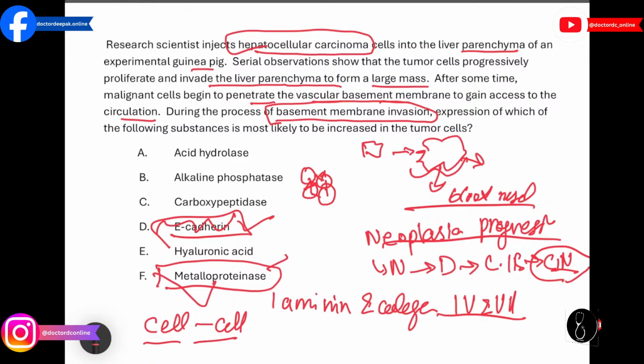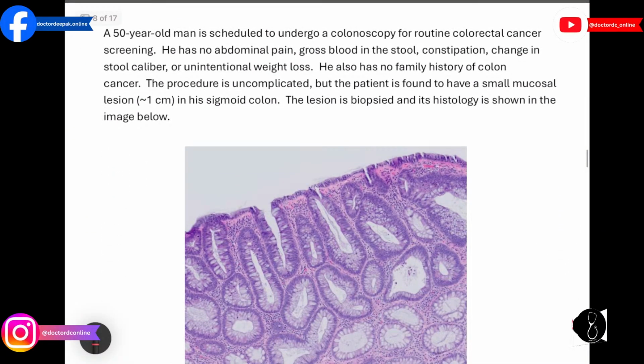That includes collagenase enzyme and others. Okay? Now we move to the next question. Our next question is,